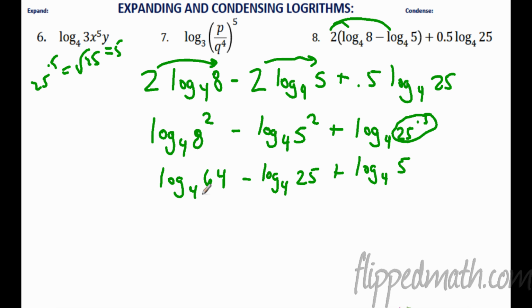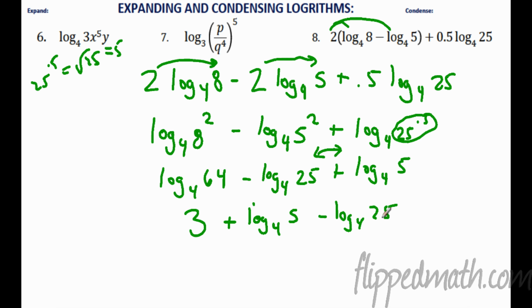All right, so what is the exponent I use on 4 to get 64? The exponent I use on 4 to get 64 is 3. So the log base 4 of 64 just equals 3. Now I need to subtract, minus log base 4 of 25 plus log base 4 of 5. You know what I'm going to do? I am going to rewrite these, and you're going to see why in a second. I'm going to switch these two terms. So this is going to be plus log base 4 of 5 minus log base 4